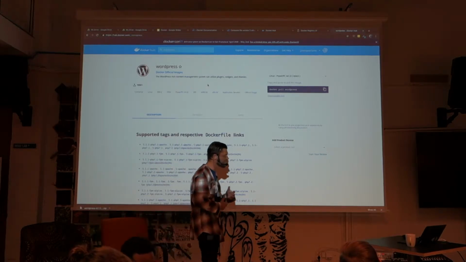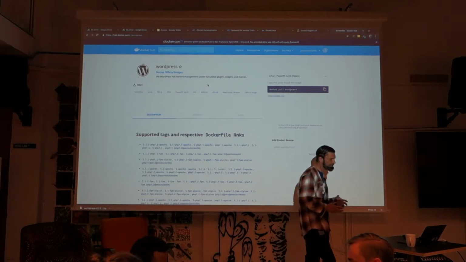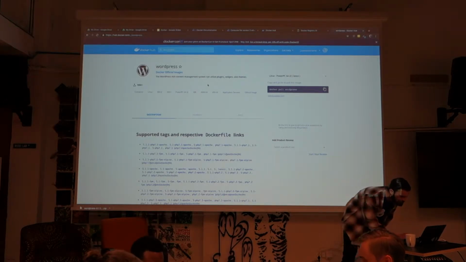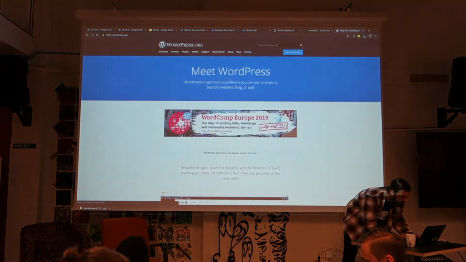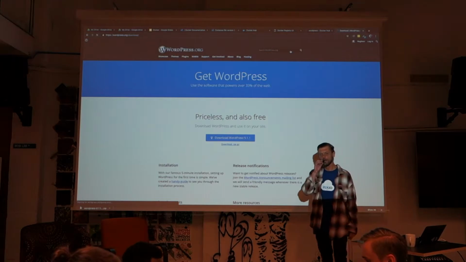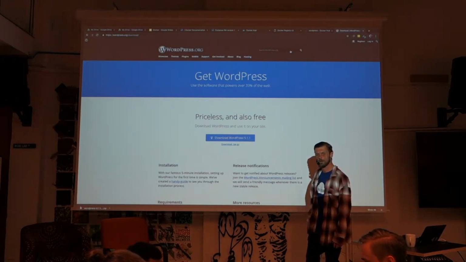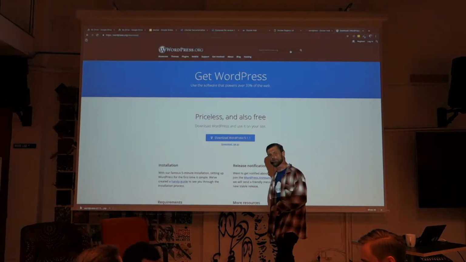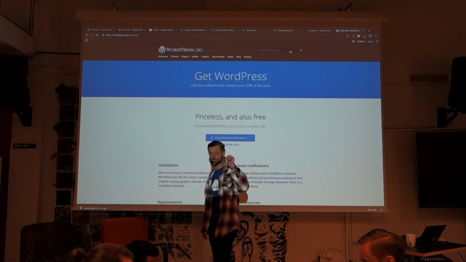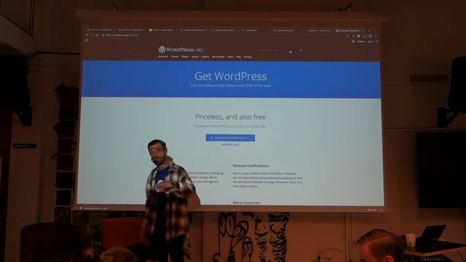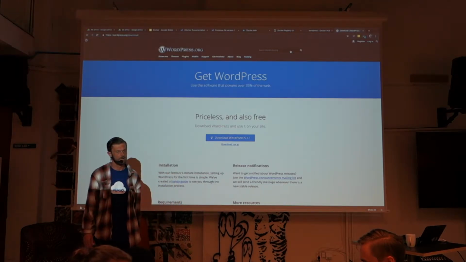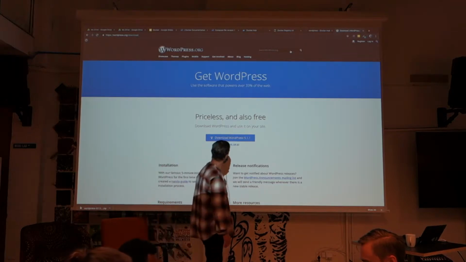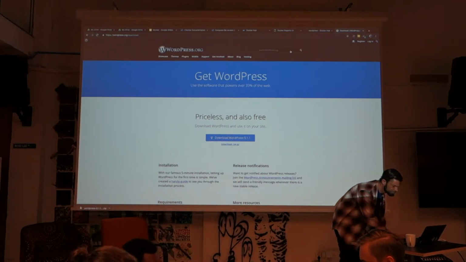So hopefully this will start summarizing a whole lot of the stuff that we've been going through so far. So firstly, let's download a copy of WordPress, as I mentioned before. We'll use Docker Hub to get some of the images for these services. Our source code will come from WordPress itself. We still get the source from WordPress.org. Okay, so if you guys just want to download WordPress,